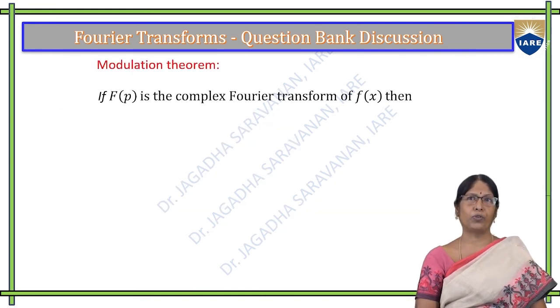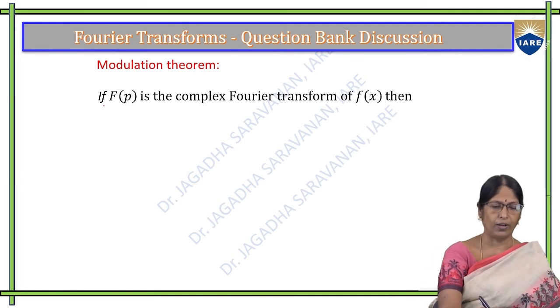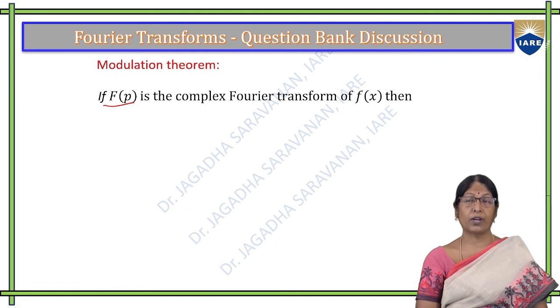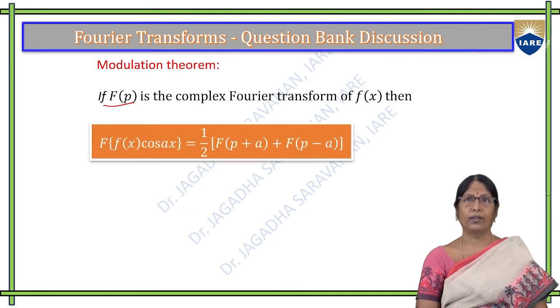Next, the property regarding our Fourier transform. These are the properties which are dominating in our question bank. That is, the modulation theorem: if capital F of p is the complex Fourier transform of f of x, then